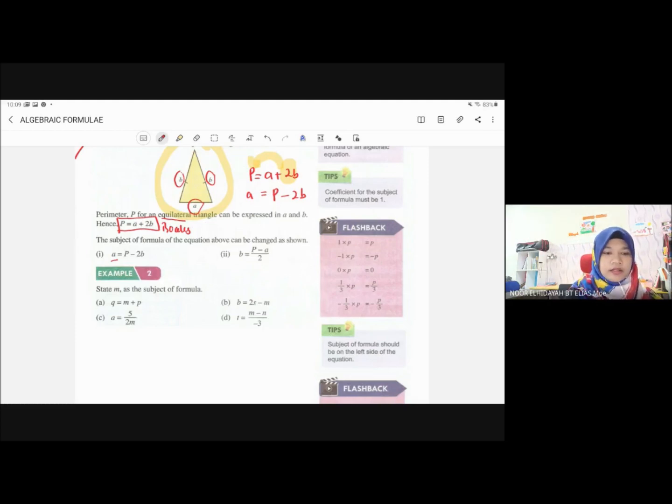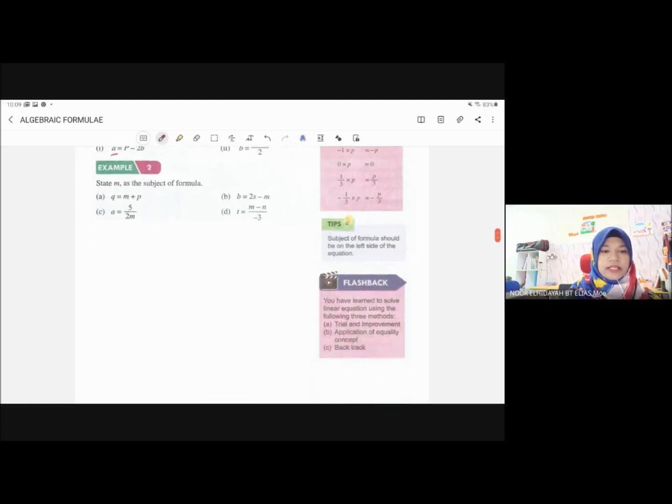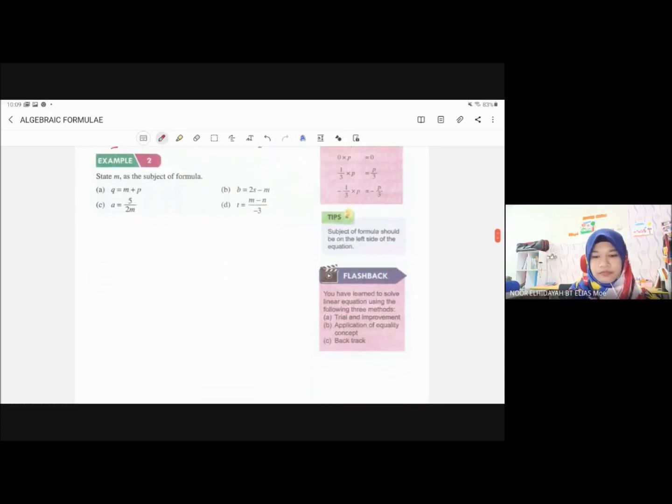Now look at example 2. State M as the subject of formula, like question A. Q is the subject of the formula: Q equals M plus P. Now we want to change it so that M is the subject of the formula. The question asks for M as the subject of the formula. One tip I will give: